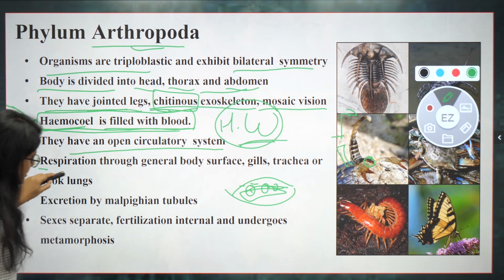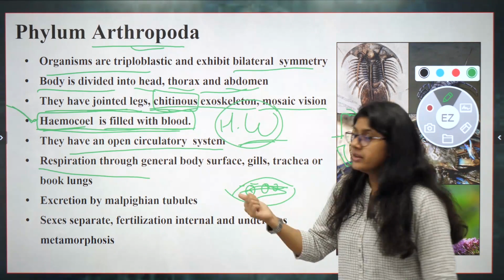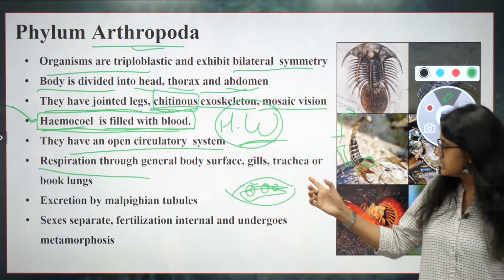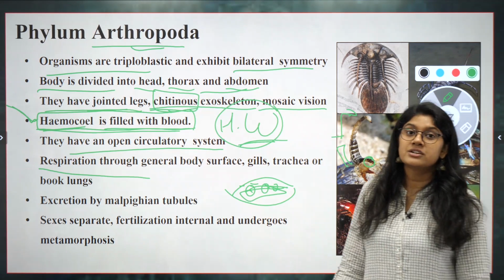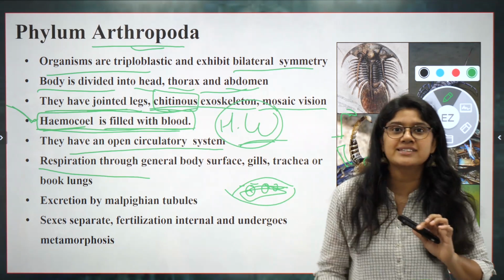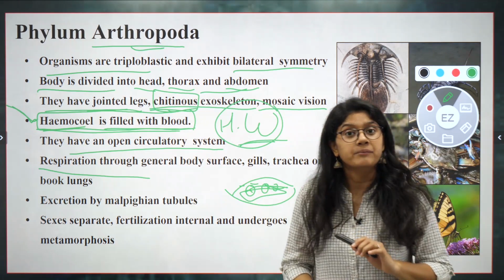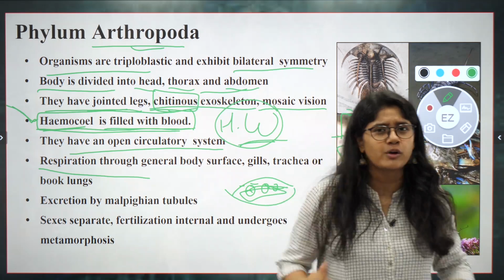We know that. Respiration is also here. Respiration is done by the gills, trachea, and of course, the book lungs. So maybe in the examination they'll ask which organism has book lungs. So you should immediately answer: the answer is Arthropoda. Clear? It's very easy, everyone. We just have to pay attention to small details.